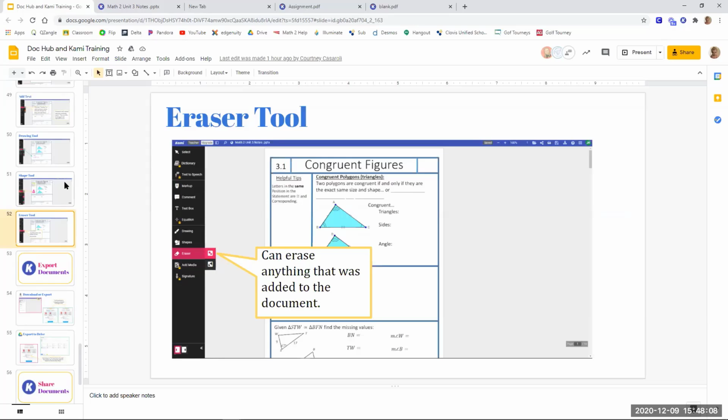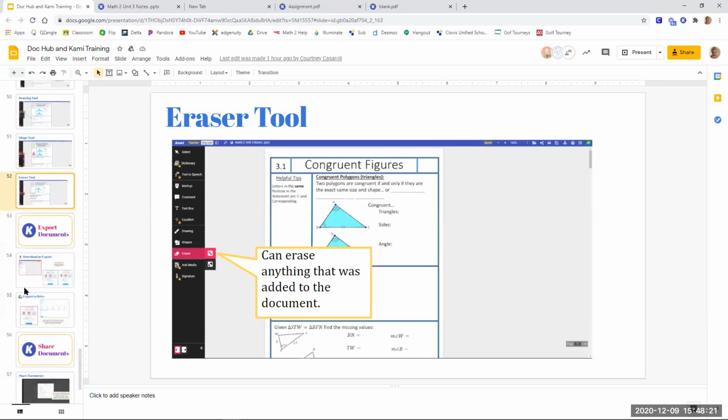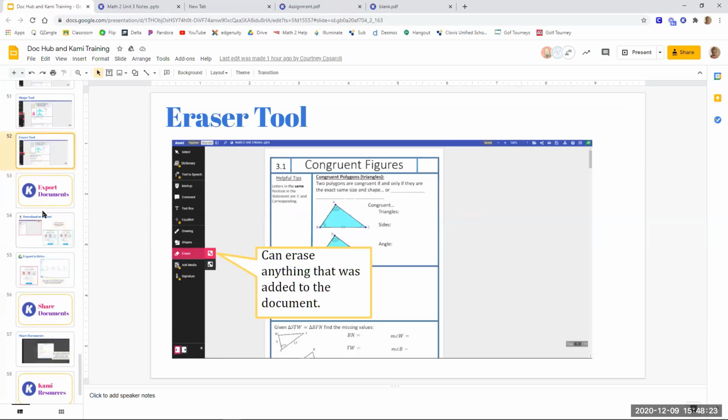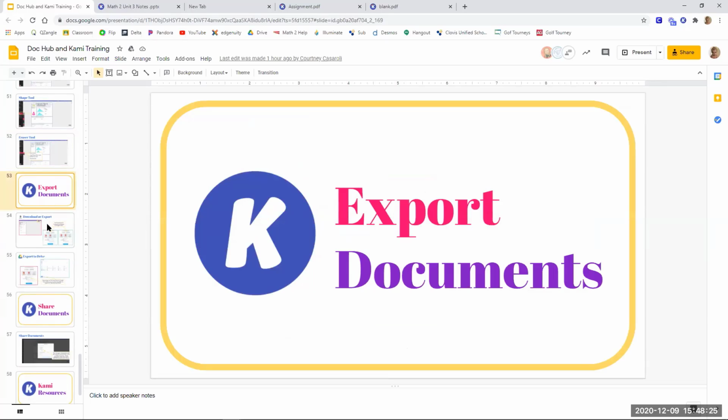And so for Kami, you just download the extension, sign in with Google. Your students will do the same thing. And then they only have to do it once, but you do all have to download the extension to Chrome. And so I'll show you those documents in a second down here. But just like